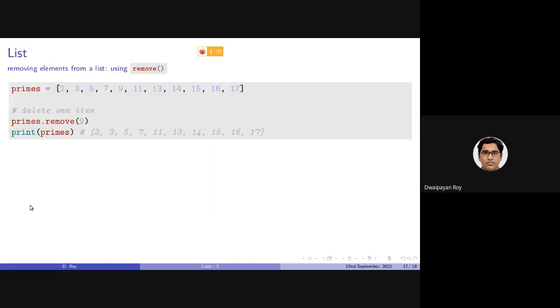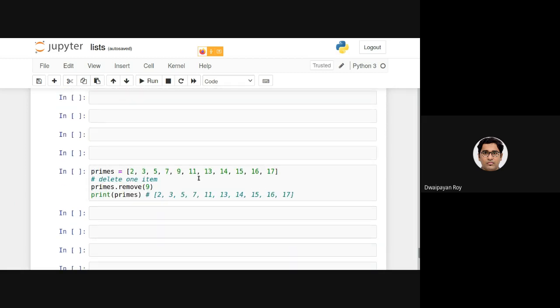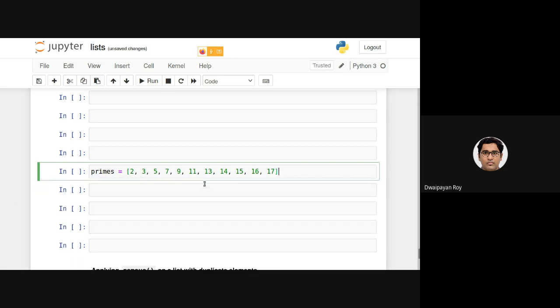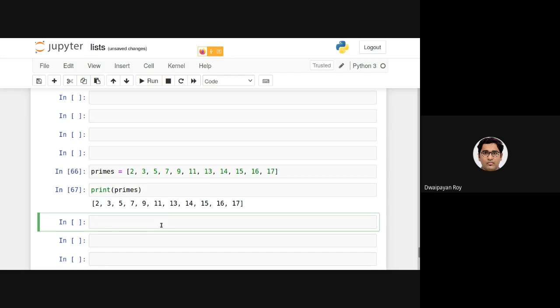Let's look at the example. Here I have initialized the same list again. Now this will be removing the 9 from this list. Let's break it up. If I print primes, it contains these values.